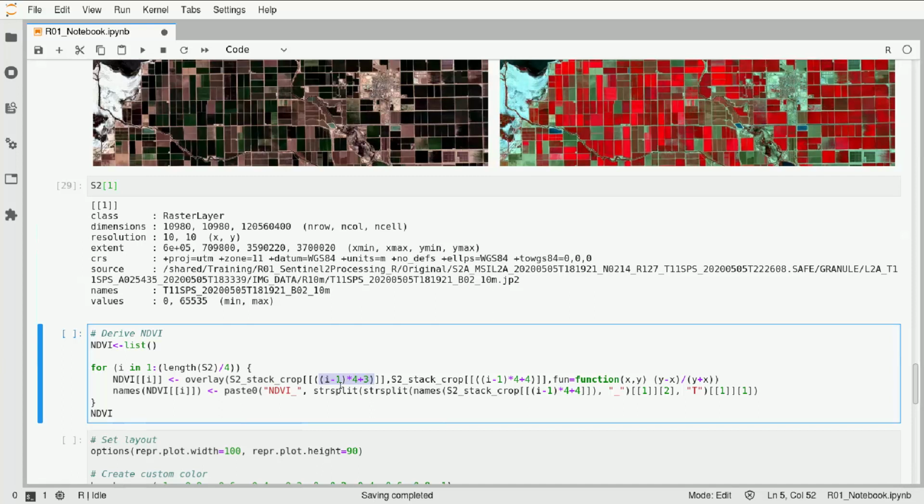I'm saying (i minus 1) times 4 plus 3. So what's happening here? Well, let's imagine, well, let's not imagine, but in the first iteration of the for loop, i is going to be 1. In the second iteration, i is going to be 2, 3, 4, 5, 6, right? So when i is 1, let's do the math together. 1 minus 1 is 0, times 4 is 0, plus 3, 3. So what I'm saying is the NDVI in position 1 has to take the Sentinel-2 stack crop in position number 3, and if we check that,